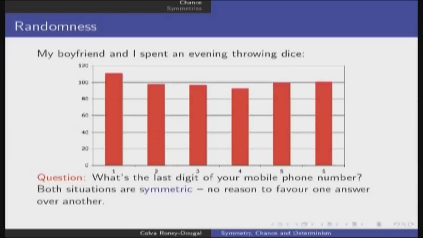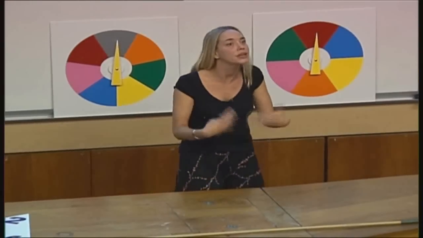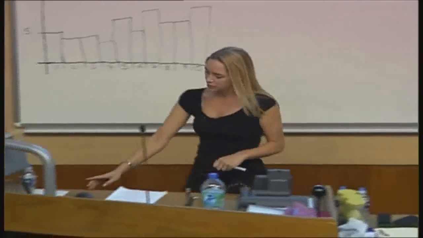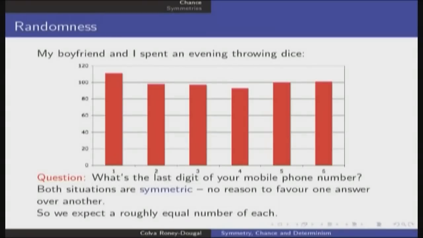There's no reason for one side to land more likely than another. For the mobile phone numbers, I'm sure they don't use absolutely all digits, but by the time they're down to the last digit, they're pretty evenly using all of the numbers 0 through to 9. So because all of these possibilities are symmetric, what we expect is that we're going to find a roughly equal